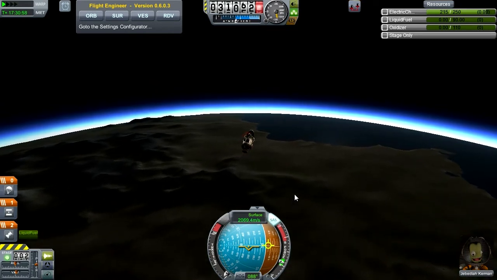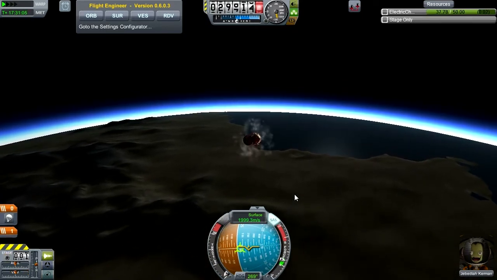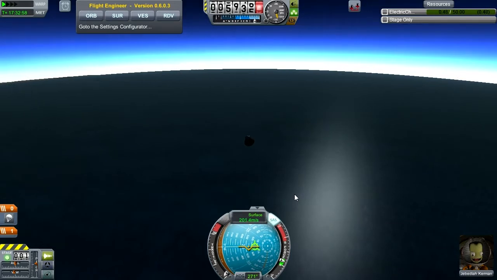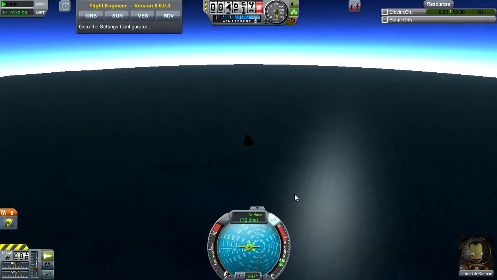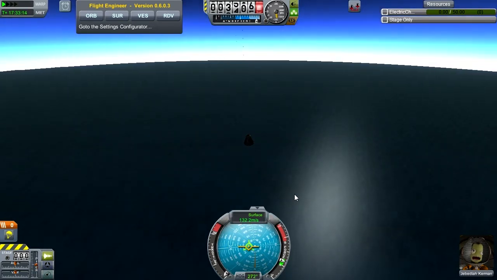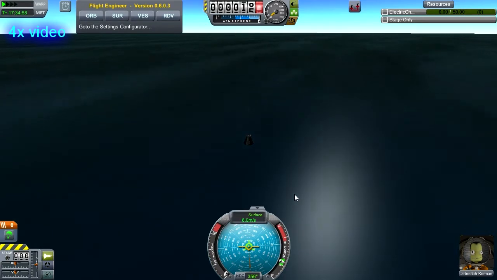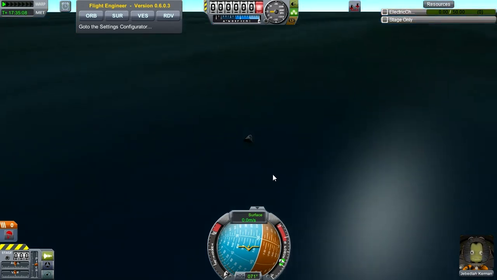We can go ahead and turn back to the retrograde-ish and lose that lower stage. Alright, Jeb's about ready to come down here in the ocean, which is just fine, really. We'll just time warp this down. All right, very good. Okay, I'm gonna head off to the tracking station, recover the flight, and we'll stop into